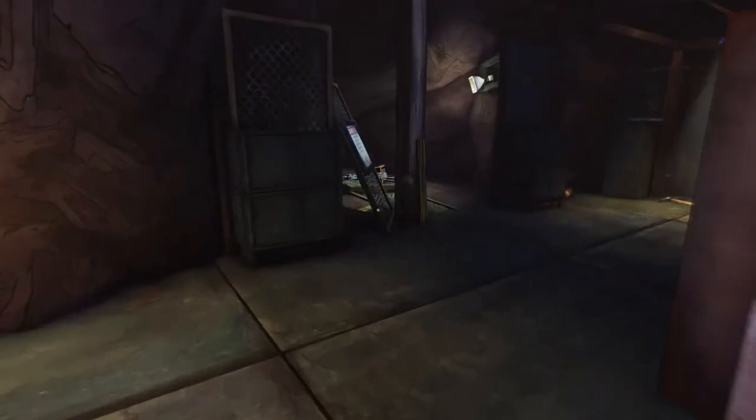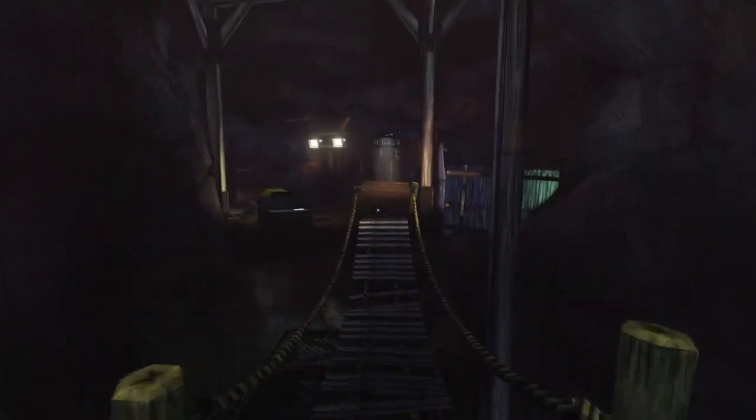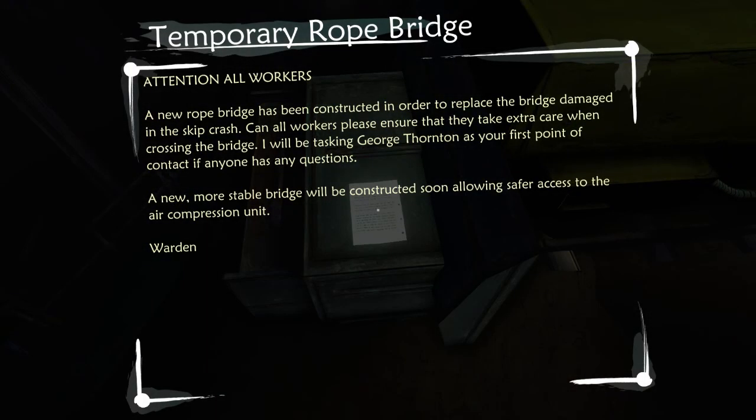I'm trying to decide, have I come across a diagram? Have I seen any kind of diagram or signage or something like that here in the mine that might be a clue as to how this thing works? Wait a second. Was there a note here? I don't remember this. Attention all workers, a new rope bridge has been constructed in order to replace the bridge damaged in the skip crash. Please ensure that they take extra care when crossing the bridge. I'll be taking